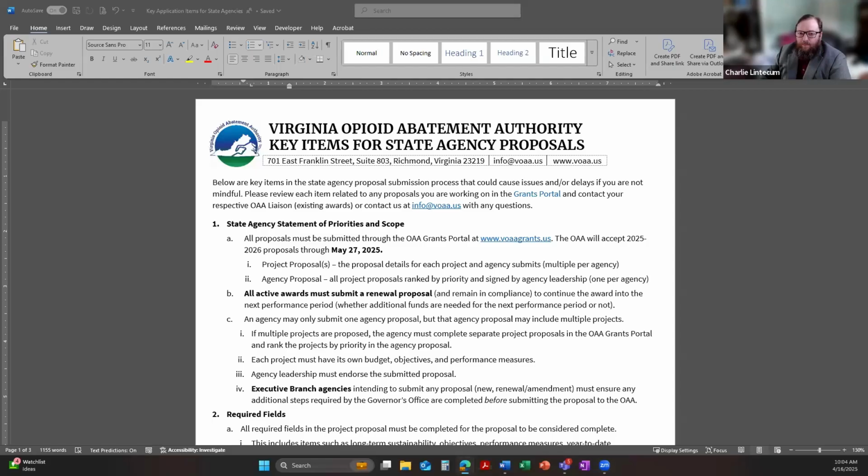Before we get into the general Q&A and tech support, I want to pull up and walk through a couple of things based on some questions that we have been receiving, being that this is the first year that we have utilized our grants portal for submission of these state agency proposals.